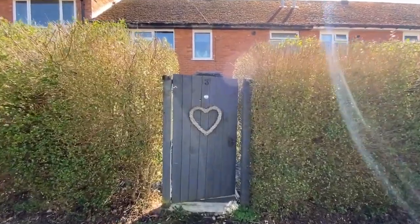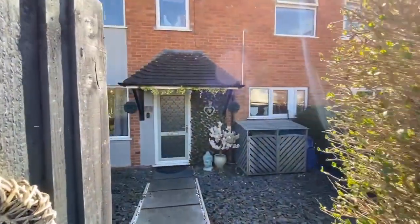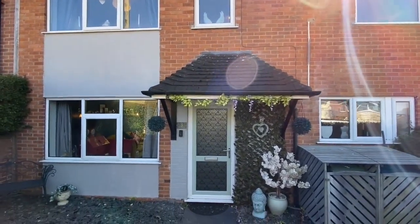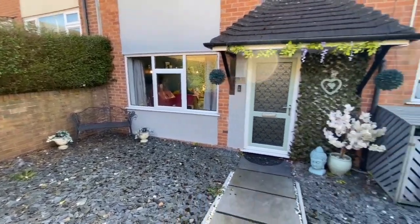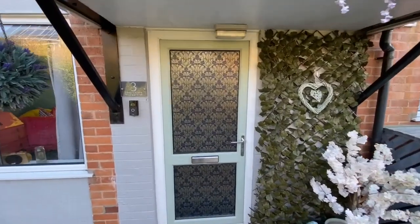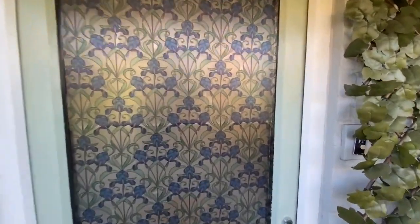Let me show you around. You can't really see this property at all until we step inside the garden, so prepare for a surprise. 3 Lime Close is here, but it's only when we get inside that you're really going to appreciate just how lovely this property is. Front garden's landscaped for low maintenance, as you can see, but inside a great deal of imagination as well as time and money has been expended on creating a unique